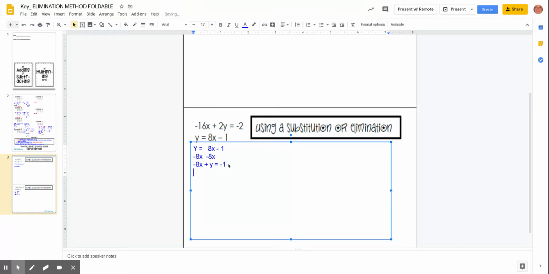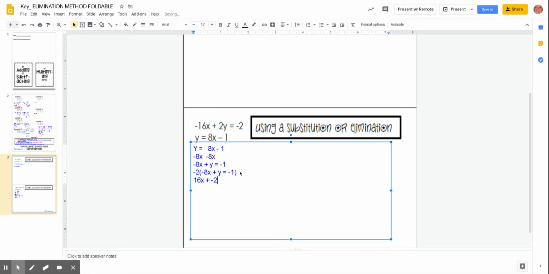So still not at the same form. So I'm going to take this one here. Because I have a negative 16x and I have a negative 8x down here, I'm going to multiply this by a negative 2 to create an opposite situation. Those additive inverses that I need to create. Actually, the whole equation. So once I do that, I now have 16x